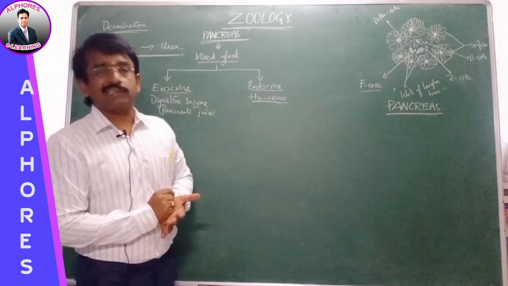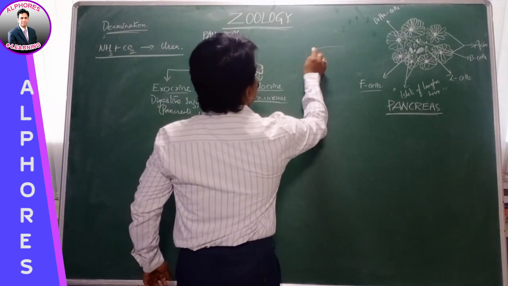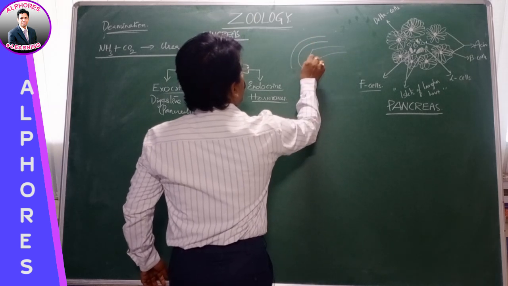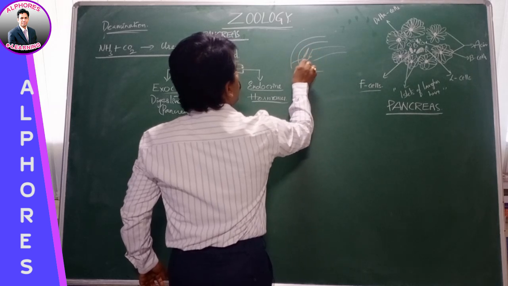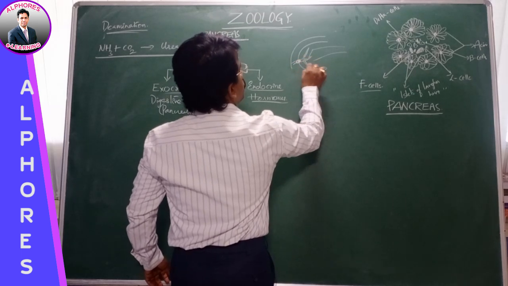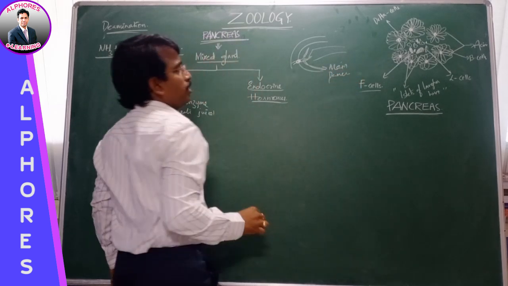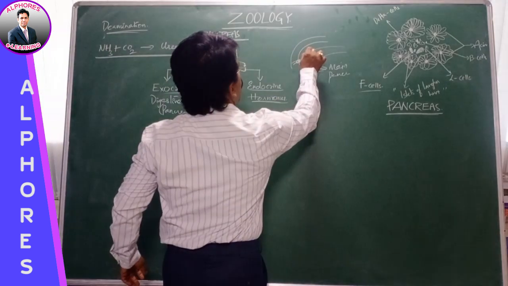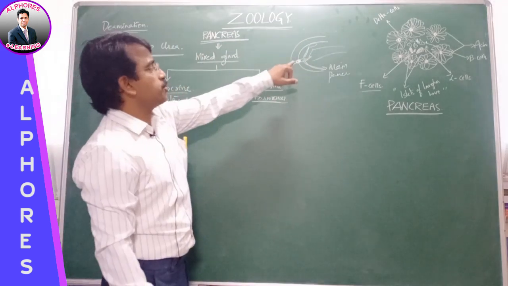The accessory duct, the duct of Santorini. This is the diagrammatic view we see. This is the main pancreatic duct, which is also named the duct of Wirsung, which joins with the common bile duct of the gallbladder and forms the ampulla of Vater and secretes its secretions into